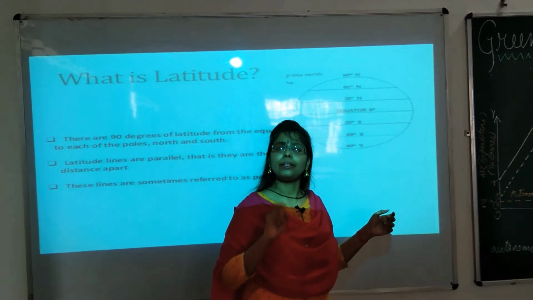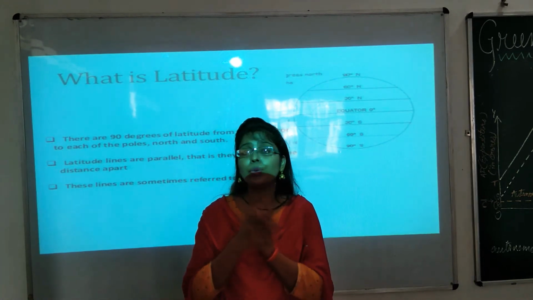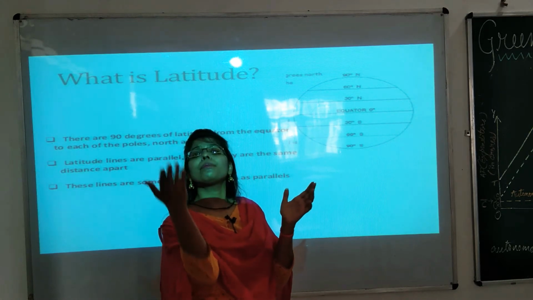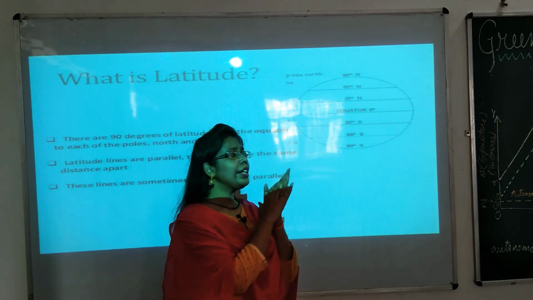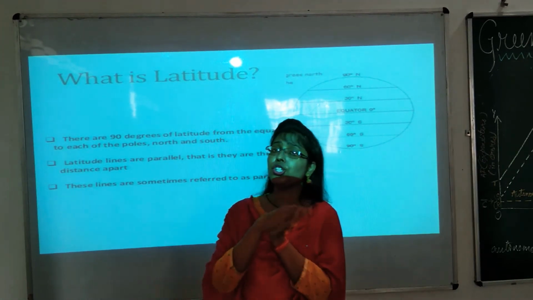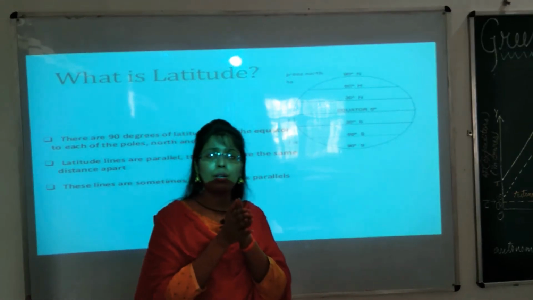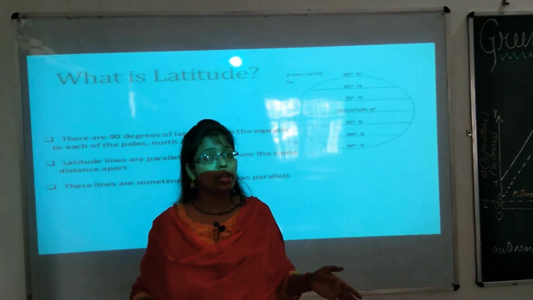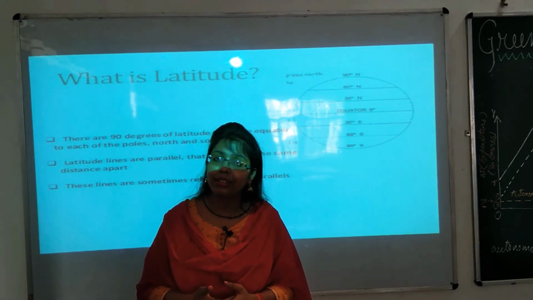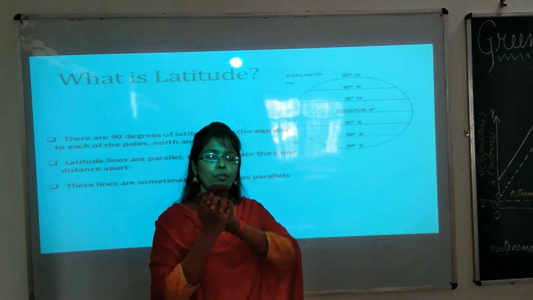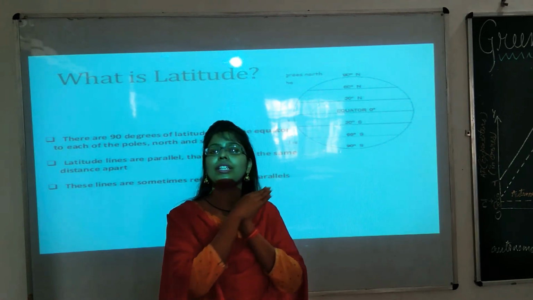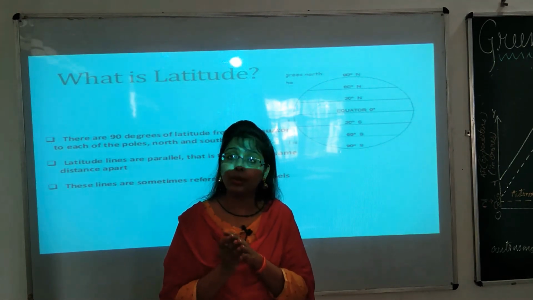If I say 20 degree latitude, so 20 degree where? At Maharashtra also there is a place, and at Brazil also there is a place. So if I am talking about 20 degree latitude, which 20 degree latitude? To north or to south? It is important to mention N and S, otherwise there will be a misconception about which place I am exactly talking about. If I ask you to mark 20 degree latitude, you should ask, ma'am, to the north or to the south. If I ask which place you can find at 20 degree north latitude, you will see 20 degree north. If I say 20 degree south latitude, you will see 20 degree south.